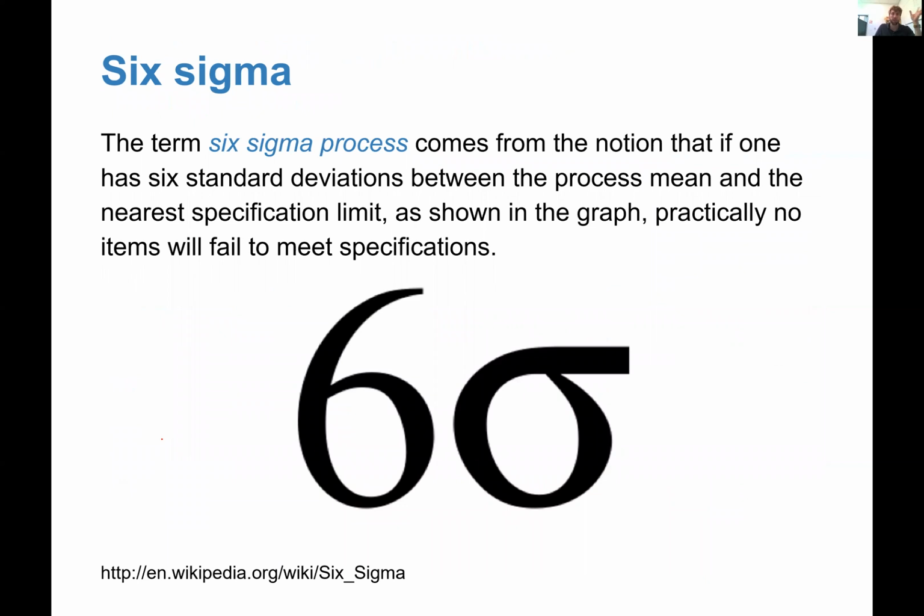There's this term called Six Sigma, which is an industrial engineering term. It comes from the notion that if one has 6 standard deviations between the process mean and the nearest spec limit, practically no items will fail to meet specs. Okay, and you can follow that link if you're curious. All right,